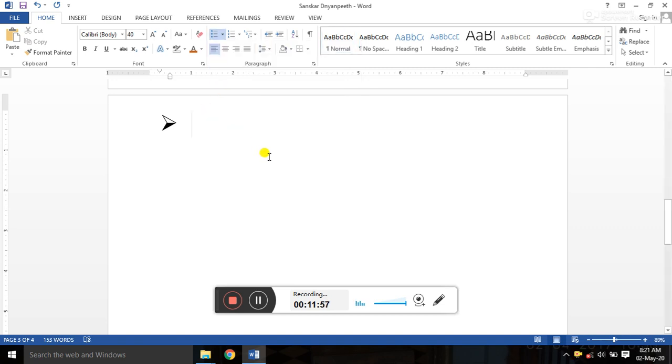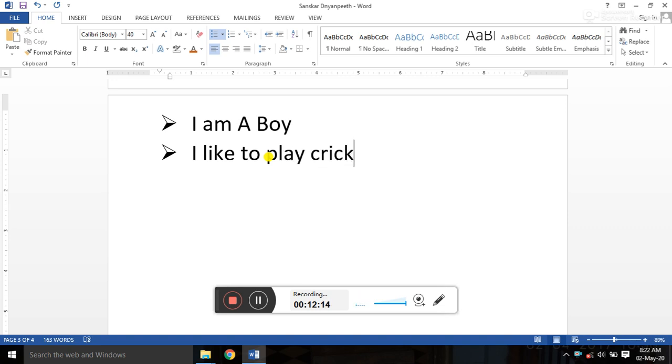While inserting this bullet, you can make points such as: I am a boy, I like to play cricket. Such types of sentences you can make by using this bullet.